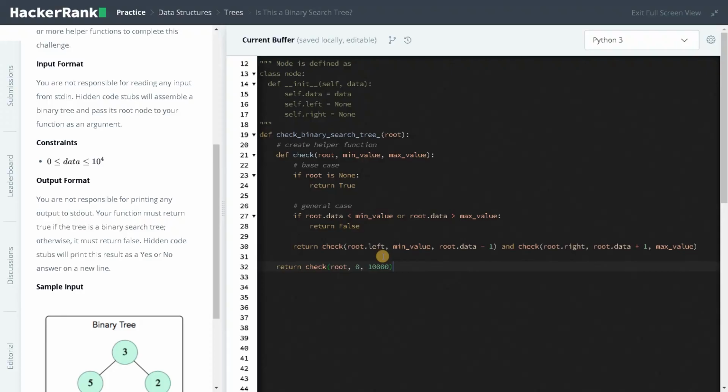Okay, that completes our whole logic. First, we are checking for the base case. If root is none, we will return true. And for the general case, we are checking if the minimum value and the maximum value do not satisfy the condition. If it does not satisfy the binary search tree condition, we will return false. And after that, we will traverse the remaining nodes. Okay, let's run the code now.